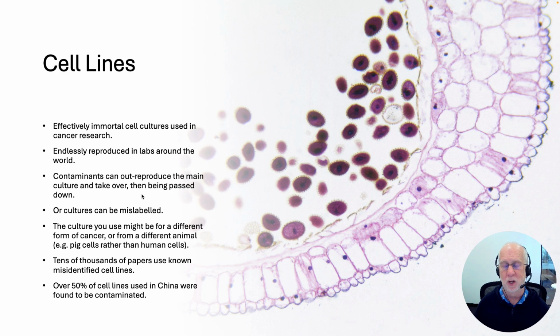They might be using a monkey tumour rather than a human, or the wrong sort of cancer, ovarian cancer rather than breast cancer, or whatever it might be. Or it can be more subtle than that. You might have in the same lab different experiments on different forms of cancer, and maybe someone uses the wrong pipette and puts it in the wrong culture, and that means a few of the cells from one line get introduced to the other one.